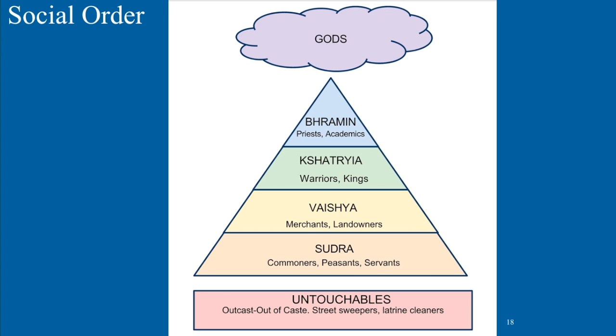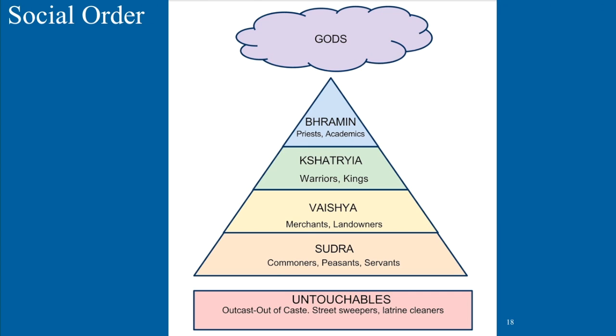Next, I have what's known as the social order. I'd like you to kind of draw this little chart. I think it's helpful to understand that during this time in India, this is the establishment of the caste system. The caste system, which is spelled on the next slide, is a structure to society that shows classes across the societies of India. Now, many of us have an understanding of class system as being like, for example, the super rich, and then middle class, and then poor people or people in poverty. And that's based more on a relationship to money.